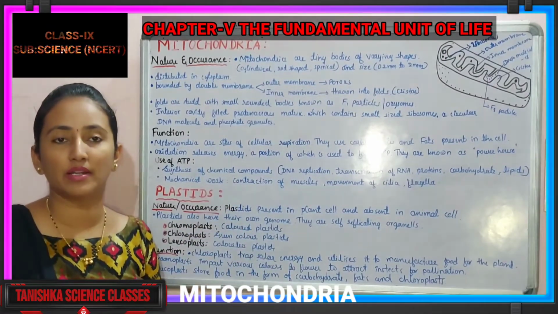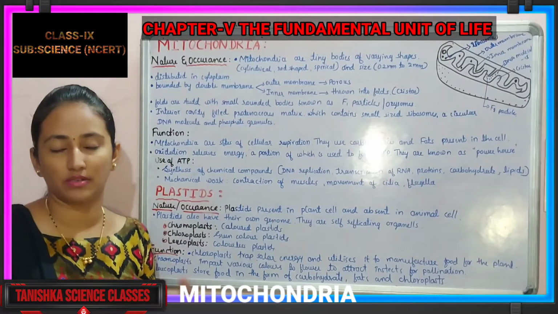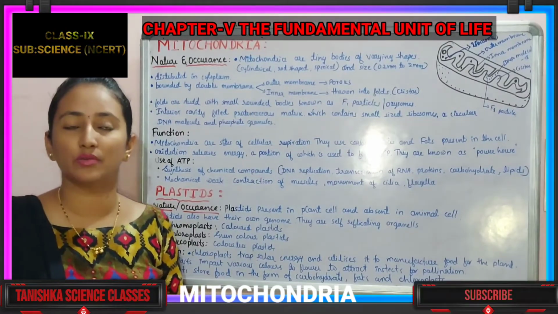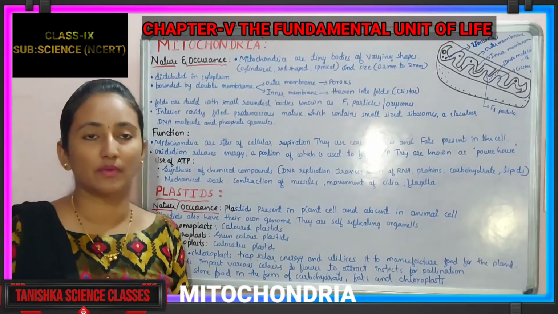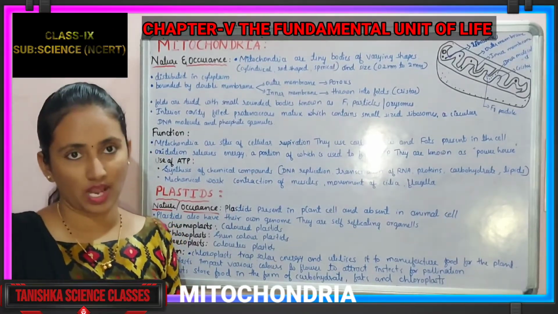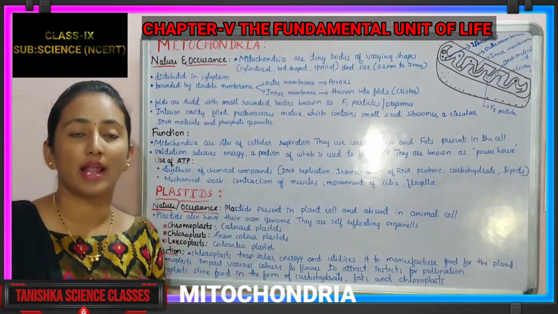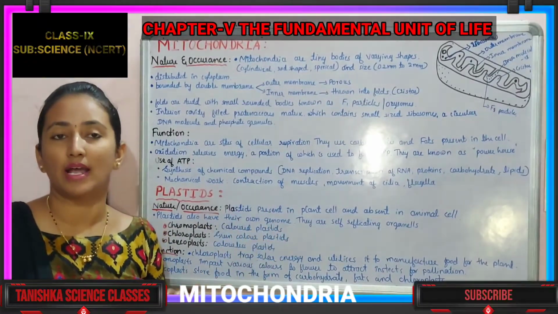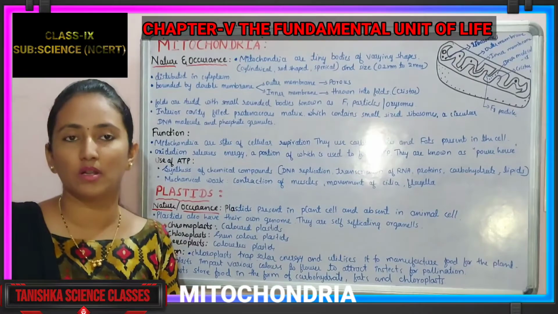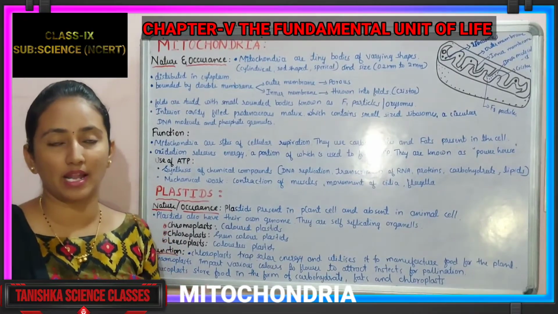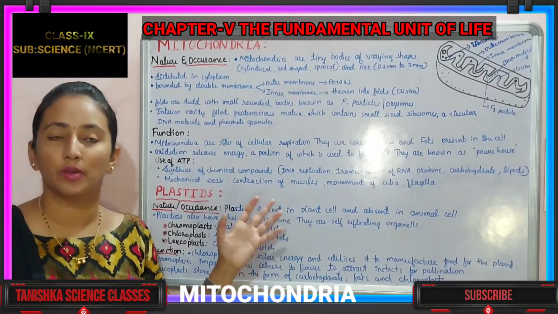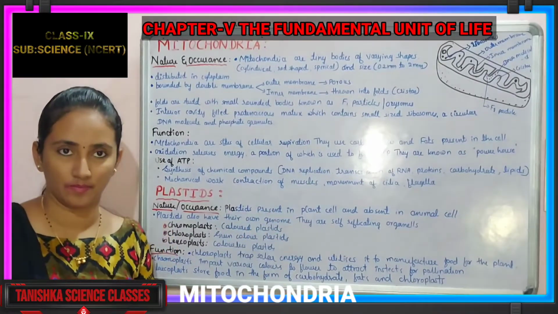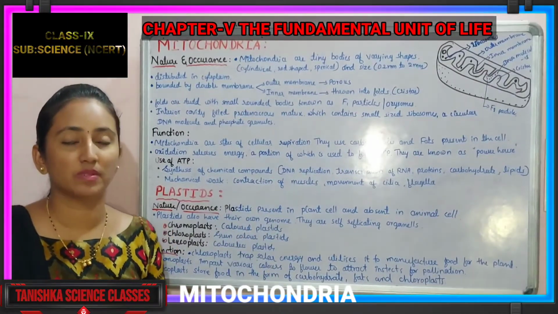In the mitochondria, what happens? It uses carbohydrates and fats and converts them into a food molecule, glucose. And the glucose helps to release energy. During that process, carbon dioxide and water will be released. The water is considered a waste product and will be removed from the cell. Is it right?